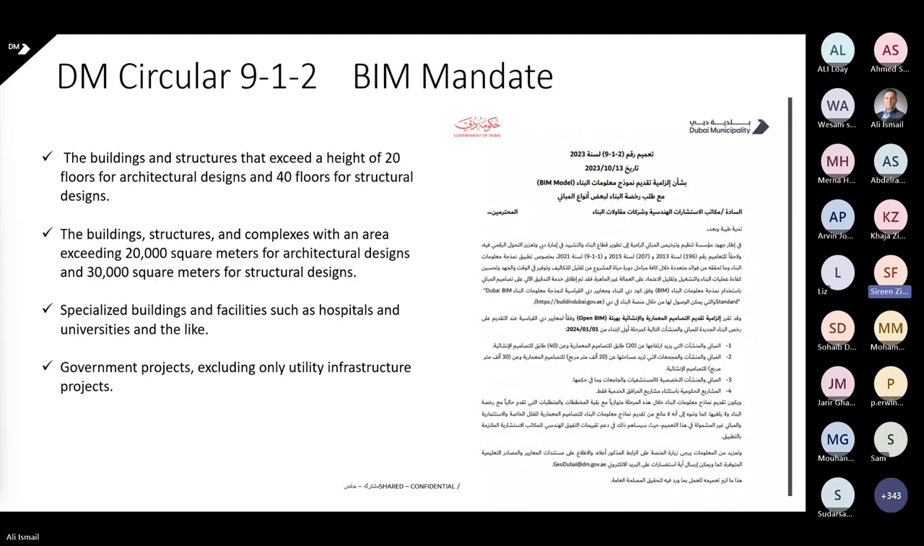Now, as a first stage, the BIM mandate will be applied to final new buildings. Any final new building submission, which will be starting beginning of 2024, it will be required that you upload the BIM model. Now, maybe someone will ask me, I submitted my preliminary submission in 2023, and now I'm going for my final application. Do I need to submit my model? The answer is yes. Any final new building will be required to submit a BIM model as long as it